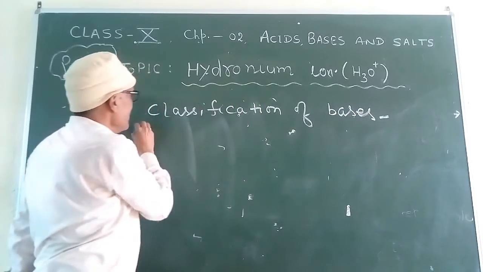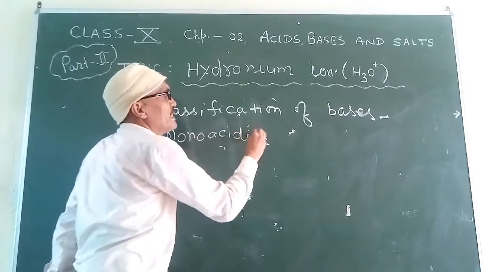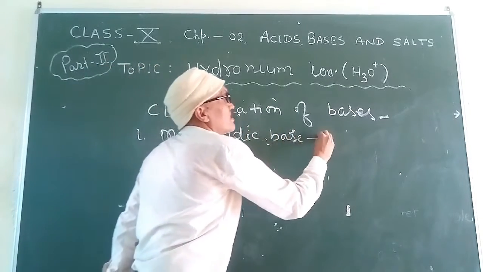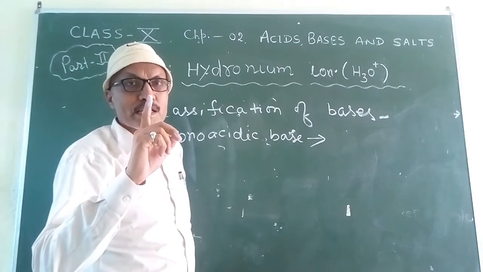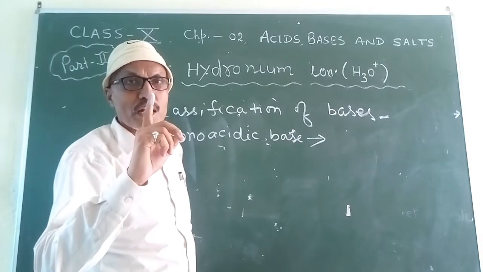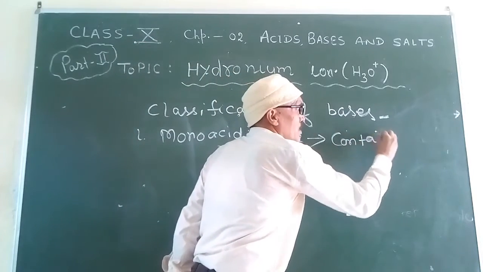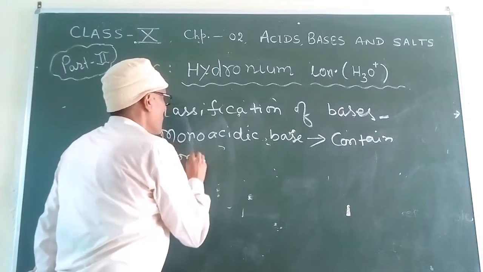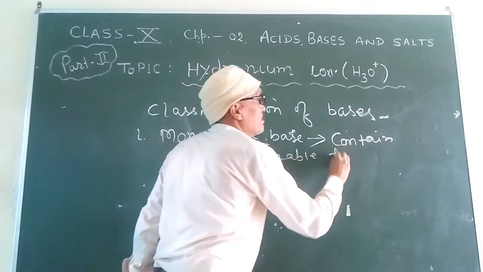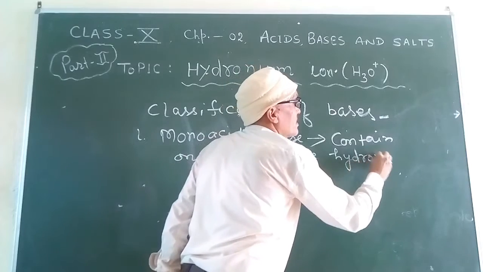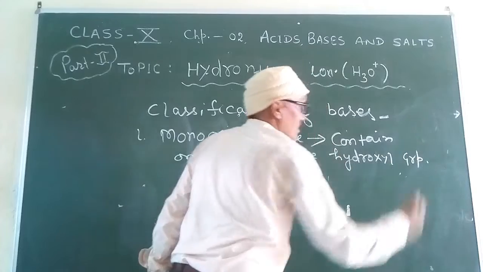Number 1, monoacidic base. This base contains one replaceable hydroxyl ion, one replaceable hydroxide ion. So you can write here: contain one replaceable hydroxide or hydroxyl group. For example,